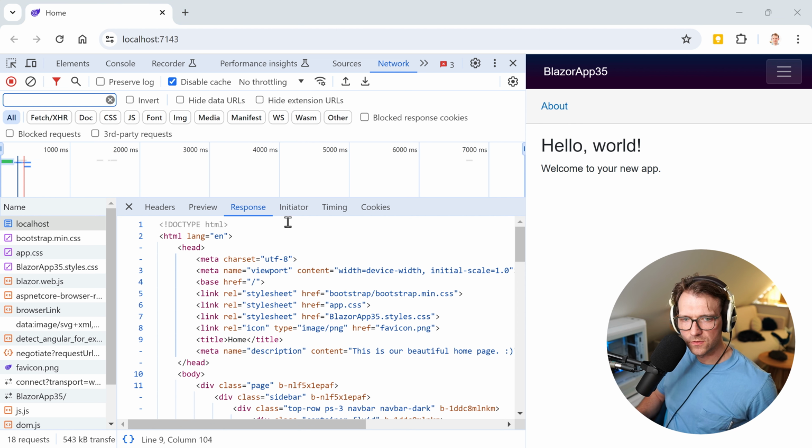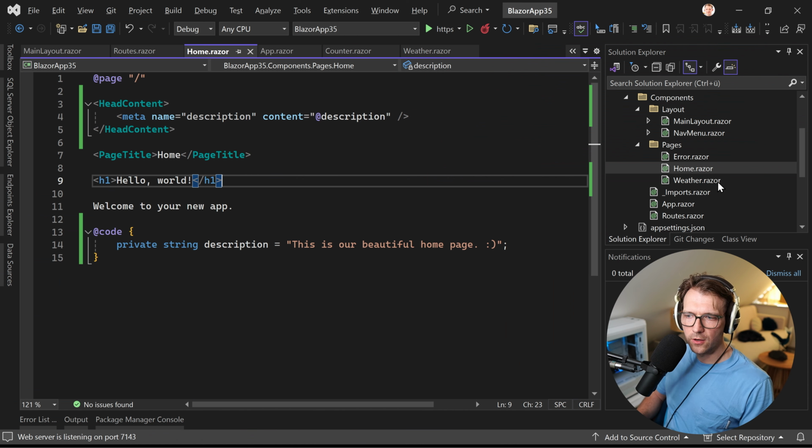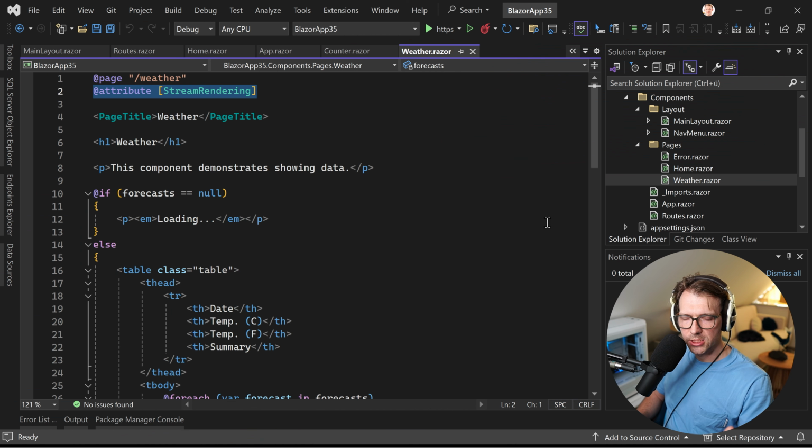Now we are already almost 15 minutes in, and we only had a look at Blazor SSR, but I also wanted to show you how your page is built in the end, how this puzzle looks. So now maybe you already know a bit more, but the problem now is, let's have a look at the weather page. Here we see stream rendering. It's still static server-side rendering, so the page is actually rendered statically, completely, on the server,